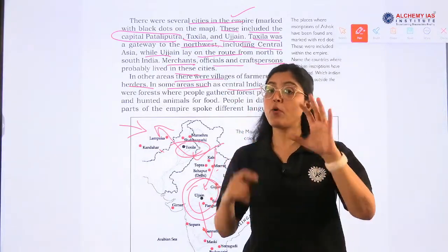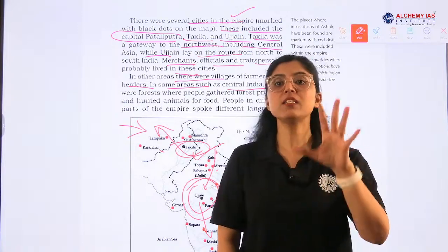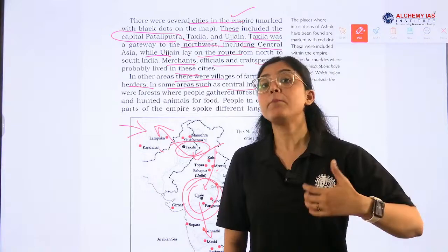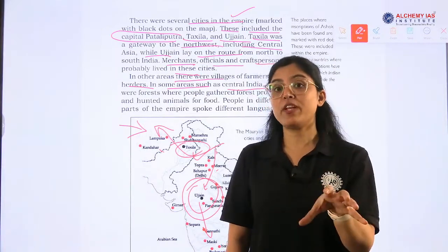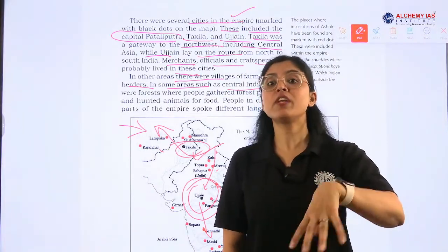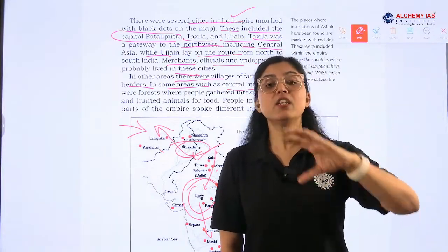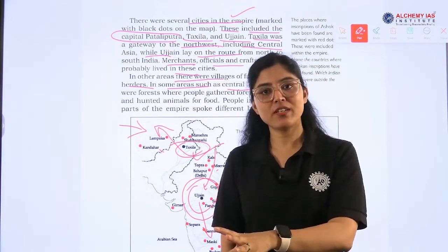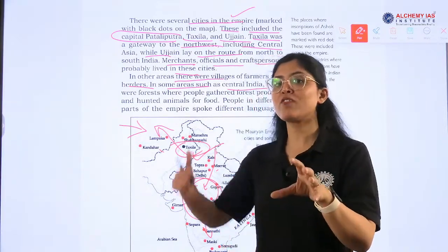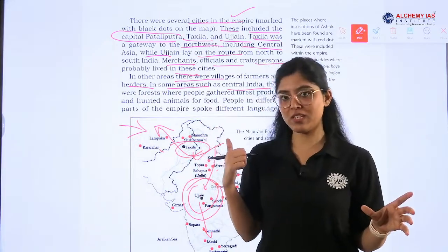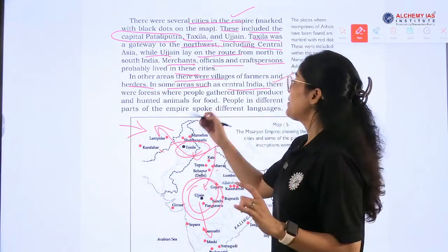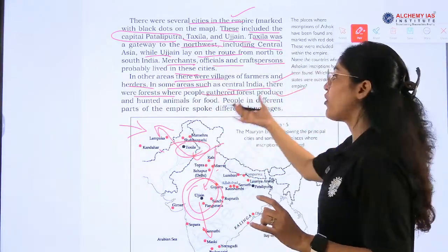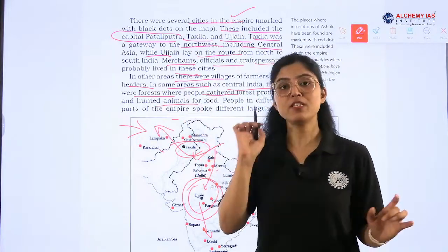See, the Maurya dynasty. Magadha was a Mahajanapada also, and then the Mauryan dynasty had many advantages which gave them an upper hand. How were they able to build the first greatest empire of ancient India? Because of the abundance of natural resources, elephants were there, right? So forests were there, where people gathered forest produce and hunted animals for food.